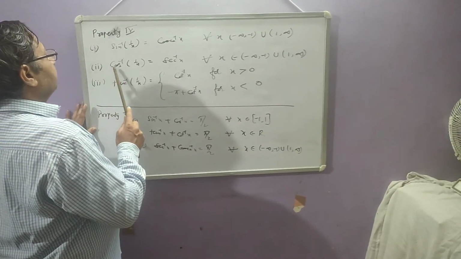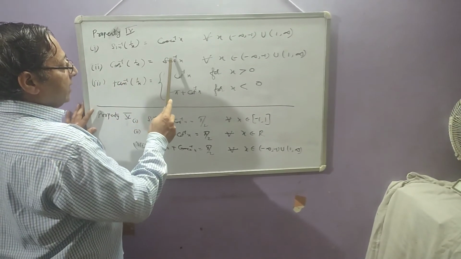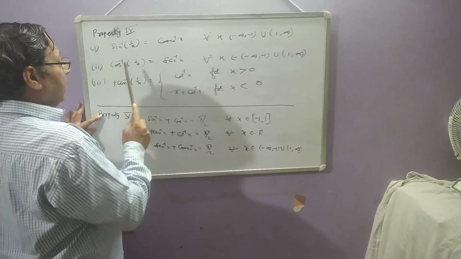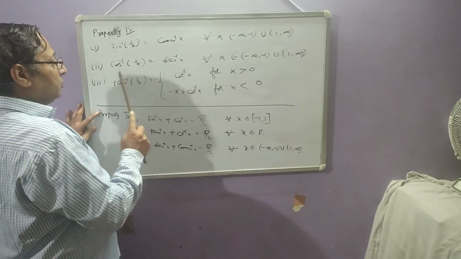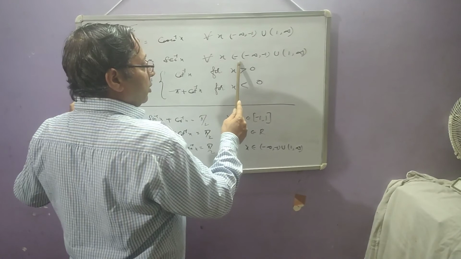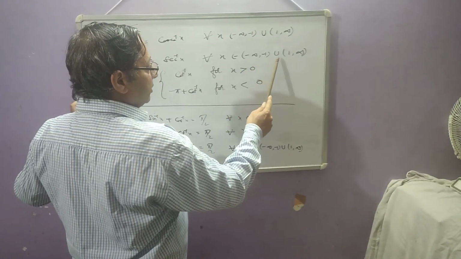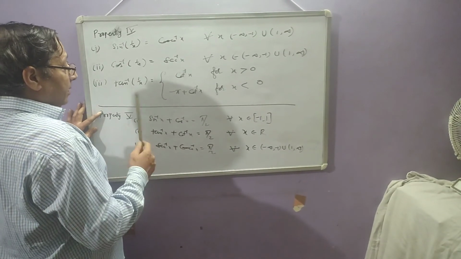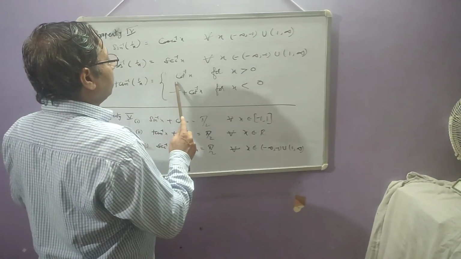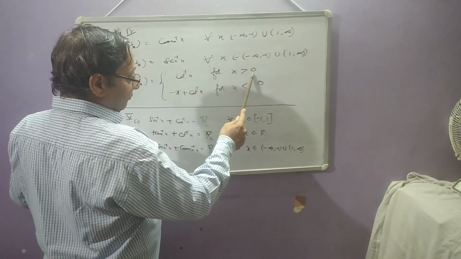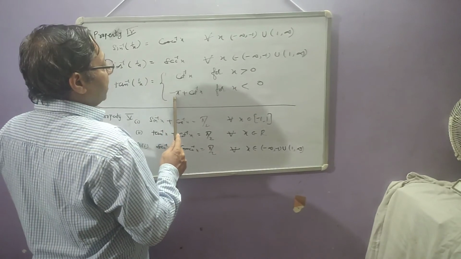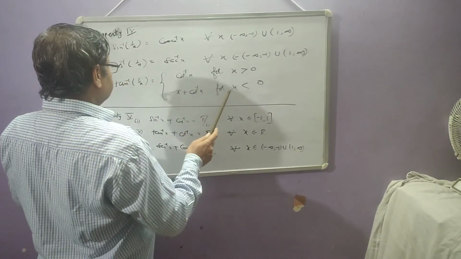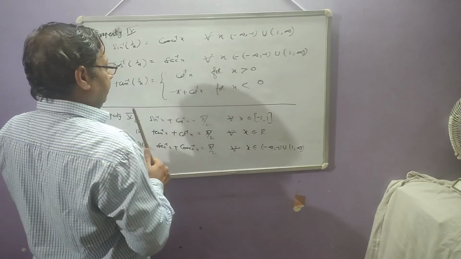Then the second one is cosine inverse of 1 by x is equal to secant inverse x. Now in plane trigonometry, the reciprocal of cosine is secant and the reciprocal of 1 by x is x. So this is also applicable whenever x belongs to the open interval minus infinity to minus 1 union 1 to infinity. The third one is tangent inverse of 1 by x. It has two values: either it is cotangent inverse of x whenever x is positive, or it is minus pi plus cotangent inverse x whenever x is a negative real number. It is not defined at 0.